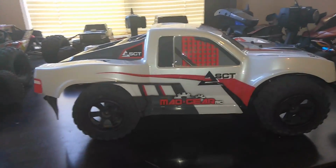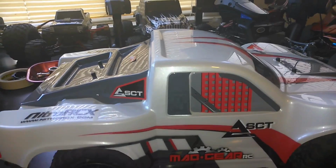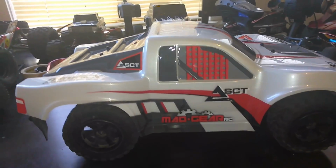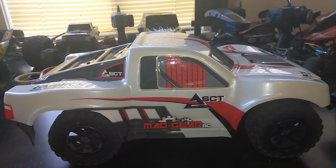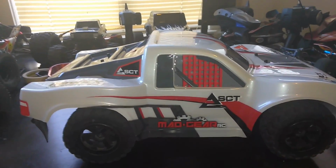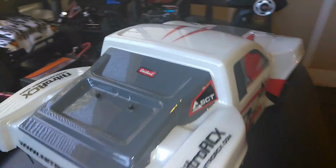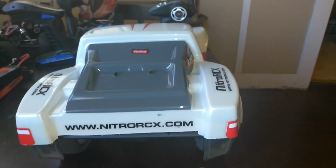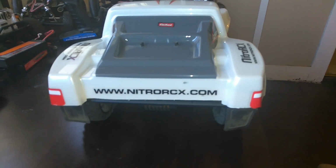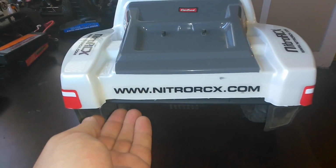Anyway, so other modifications. This body's really nice. I guess DuPont manufactures the molds and things like that for this company. And I gotta say that the resin and the plastic on this is really good so far. I did trim it a little bit. I still have to clean it up with some sandpaper because I don't have a Dremel right now. But as you can see,